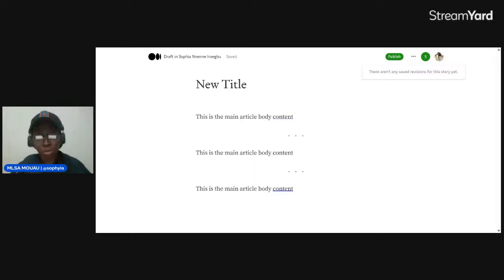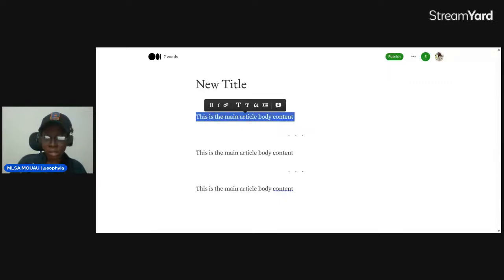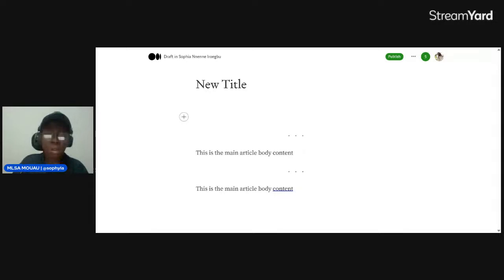Do we have any questions? Okay, so somebody asked, after inputting new parts you don't want, how do you remove them? After inputting a part that you don't want, you can just highlight it and click backspace, like how you can easily delete text from any word editor. I hope that answers your question. Do we have any other questions about how to use Medium?